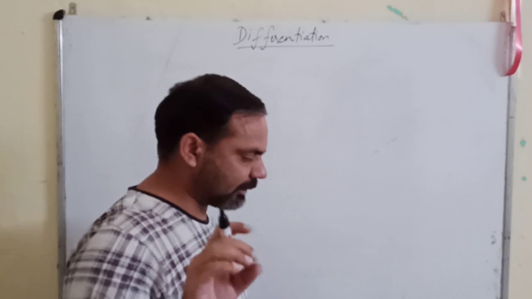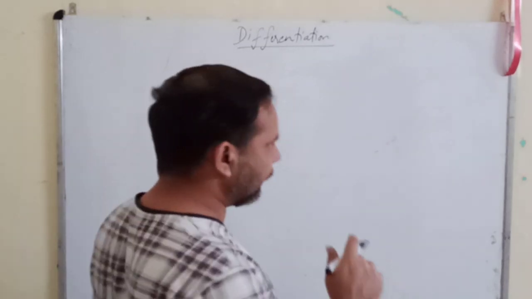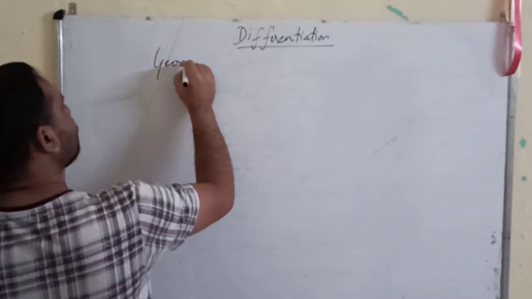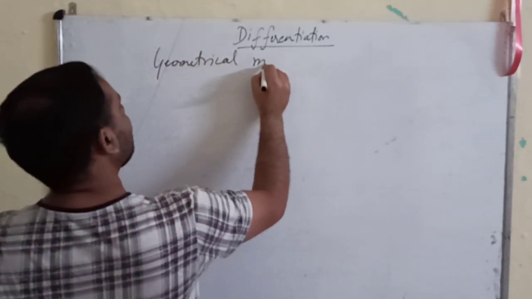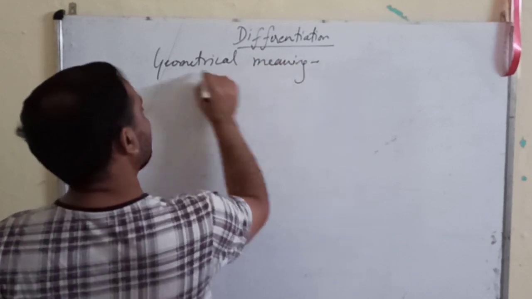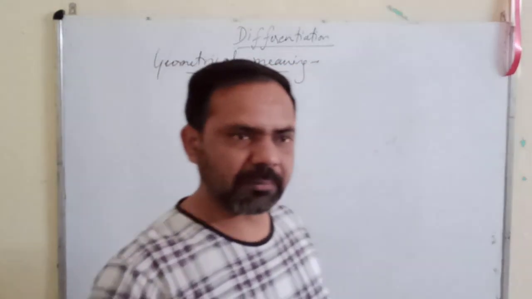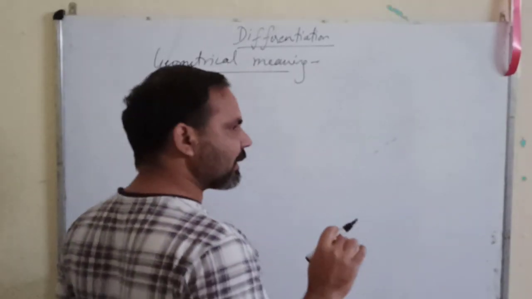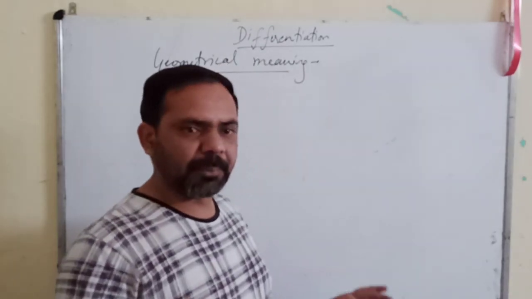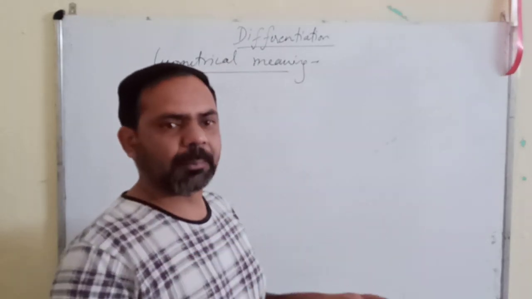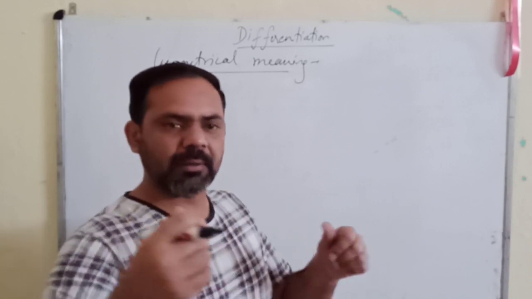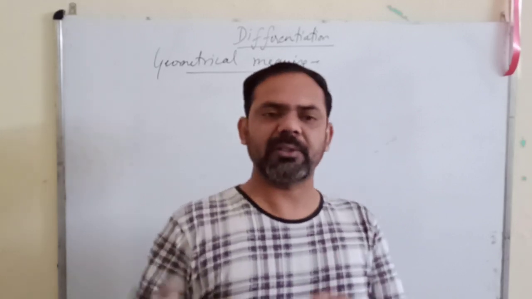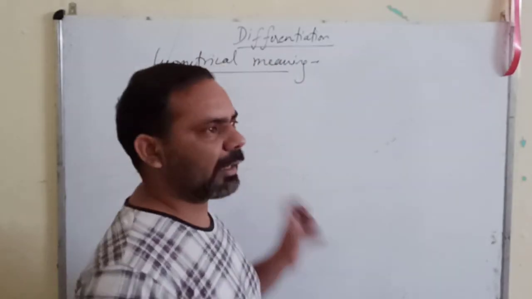Now, I would like to discuss with you a small topic again. What is the geometrical meaning of finding the derivative? Geometrically, what does it mean? Simply, what we discussed, it means nothing but finding the ratio of the change in image to the change in pre-image, given that the change in pre-image is infinitesimally small. That is your arithmetical meaning.